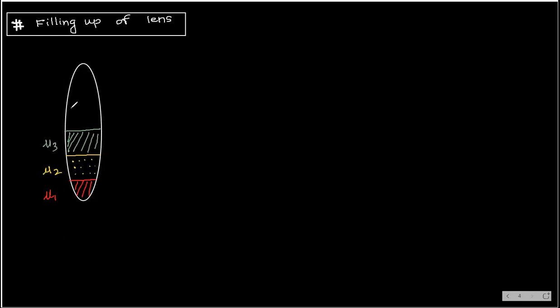Again, this part I filled with some refractive index, let us suppose mu4. And last part with some refractive index like mu5. So if lens is filled with different refractive indices like this, then number of images